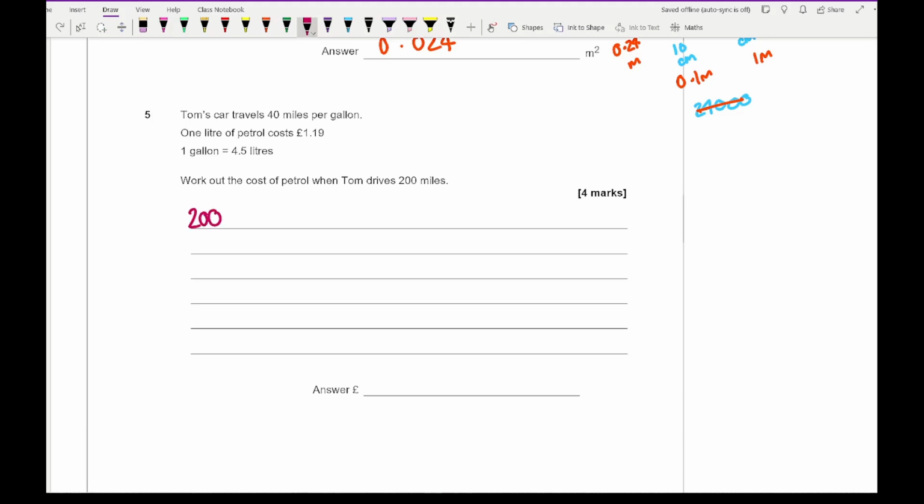So 200 miles, and if I divide that by 40, it's going to be 5 gallons. So what I need is 5 gallons of petrol. Now obviously the petrol cost is given per litre. So I need to work out how many litres there are in 5 gallons. I do that by multiplying by 4.5, and 5 times 4.5 gives me an answer of